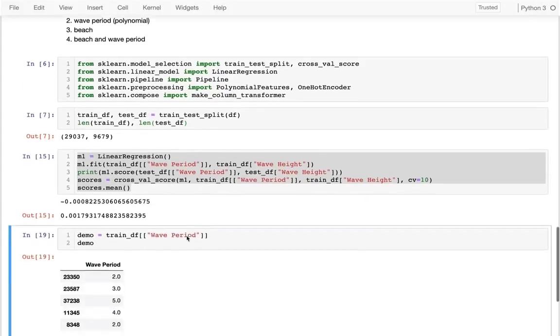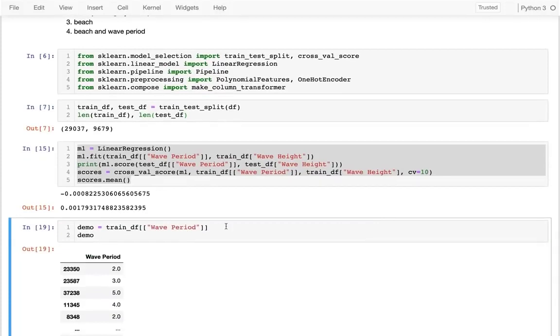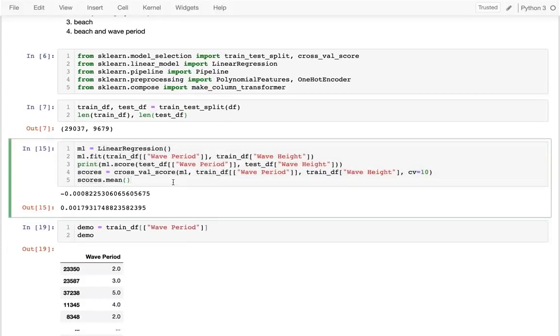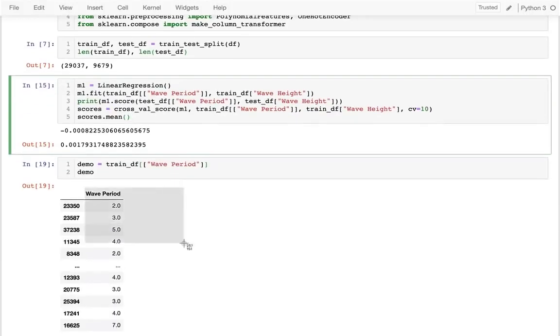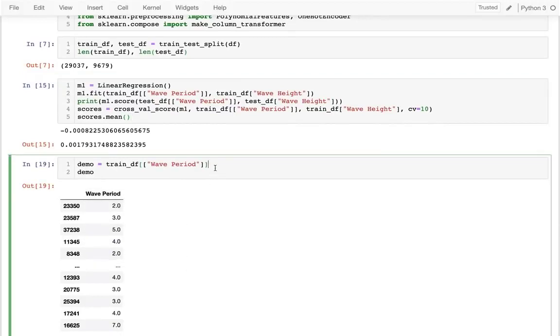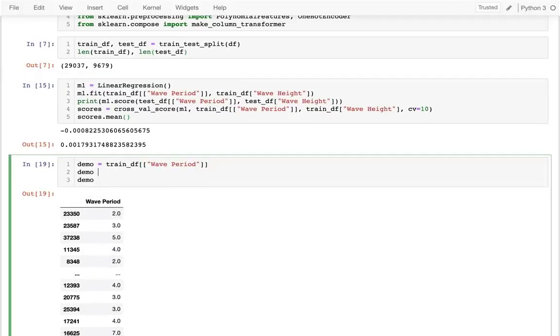Let me take a look at this data frame. What we're going to be doing, if I want to have say a quadratic fit, is just add some columns down here that are going to contain that squared data. So I could do things like this. I could say demo, I could say period squared equals demo of wave period